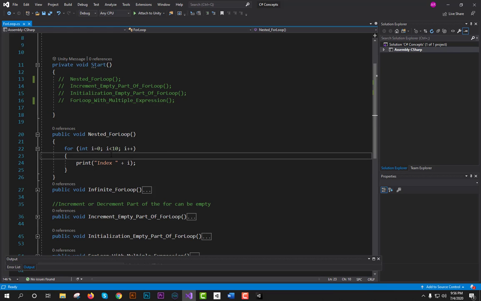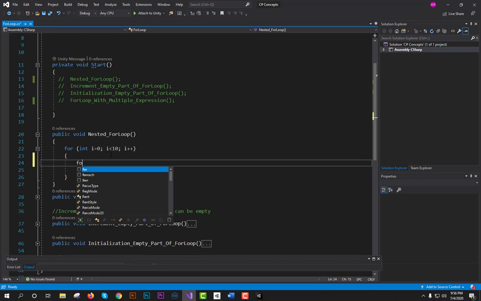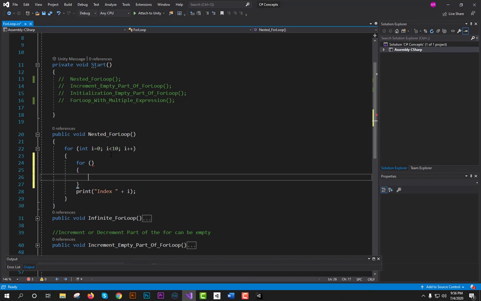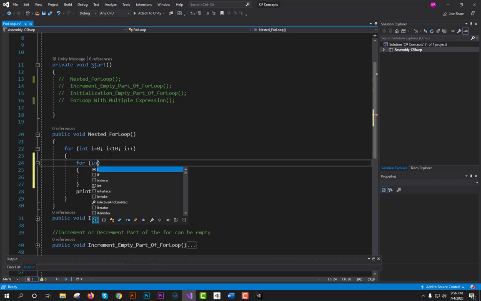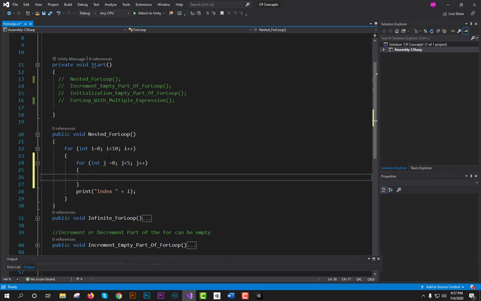Now in a nested for loop, nested means a loop within a loop. I am defining one more for loop, j is less than, I want to run 5 times, and then j plus plus.